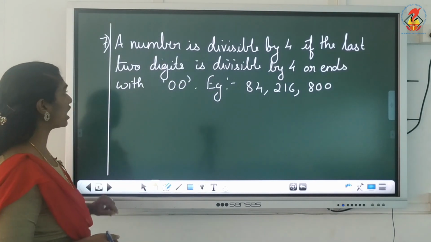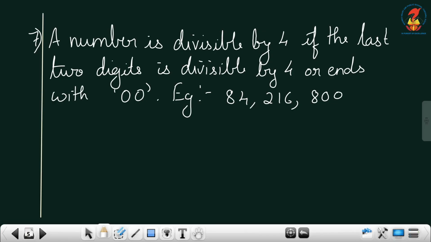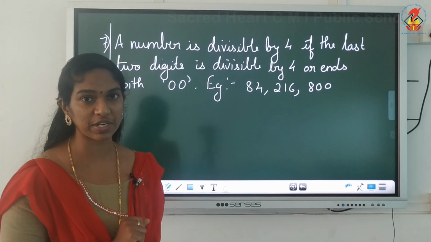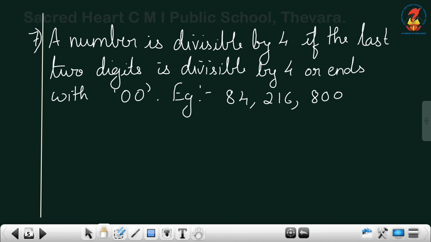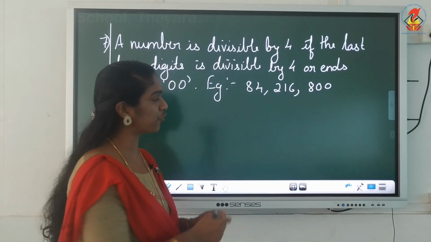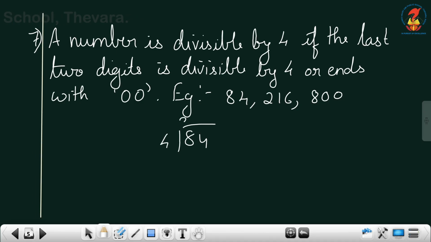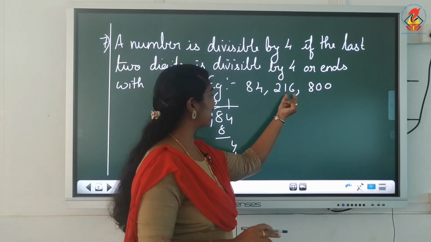Okay? And the last rule, how do you check a number is divisible by 4? What you have to do is, you have to take the last 2 digits. If the last 2 digits are coming in 4's table, or if the last 2 digits are 0, 0, 2 zeros, then we can say that particular number is divisible by 4. You take this example, here you are having only 2 digits, 84. If you want, you can divide and find out. 84 you divide by 4, what you get? 2 4s are 8, 1 4s are 4. It is divisible. But when you have bigger numbers, take the last 2 digits.